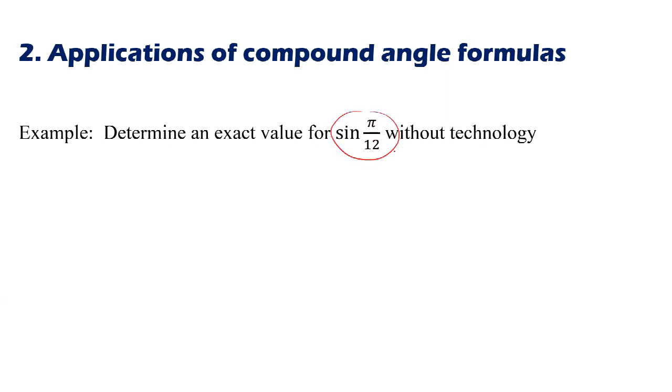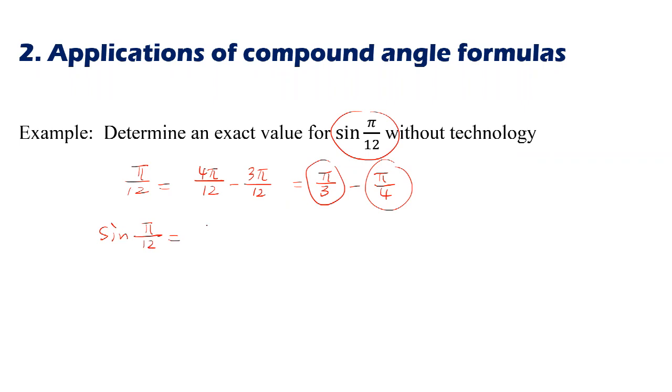So note here, 1/12 of pi is not a special angle, right? So we cannot evaluate these trigonometric ratios directly. But note that 1/12 of pi is actually 4/12 of pi minus 3/12 of pi, right? Which is 1/3 of pi minus 1/4 of pi. And we know that these two angles are special angles, right? So we can try using the compound angle formula to rewrite the expression